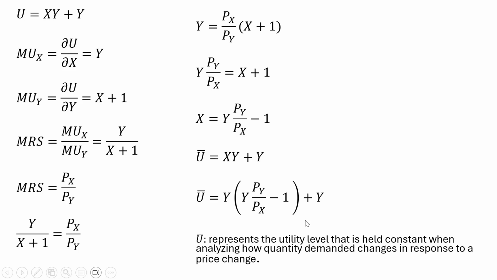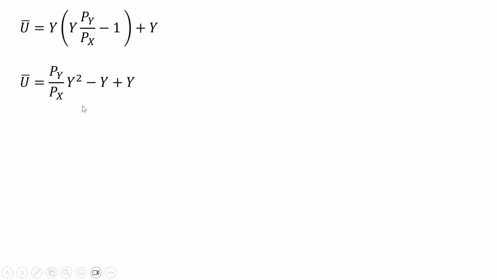Now let's simplify that a little bit. Once again, u bar just represents the utility level that is held constant when analyzing how quantity demanded changes in response to a price change. So taking that last result and now simplifying a little bit,